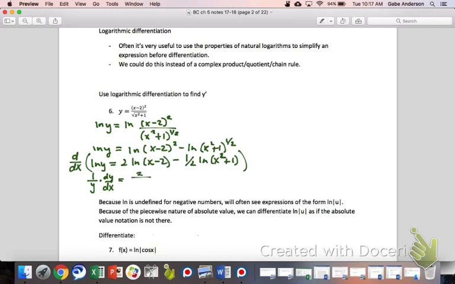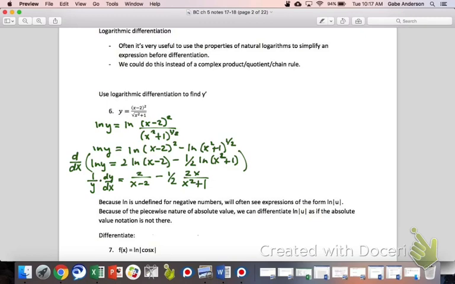Minus, the other one will be a little more complicated. I'll put 1/2, and the derivative of ln of x squared plus 1 would be 2x over x squared plus 1. Doing the chain rule right away makes a lot of sense. And so, once we got all that natural log stuff settled, quite quickly we come up with almost